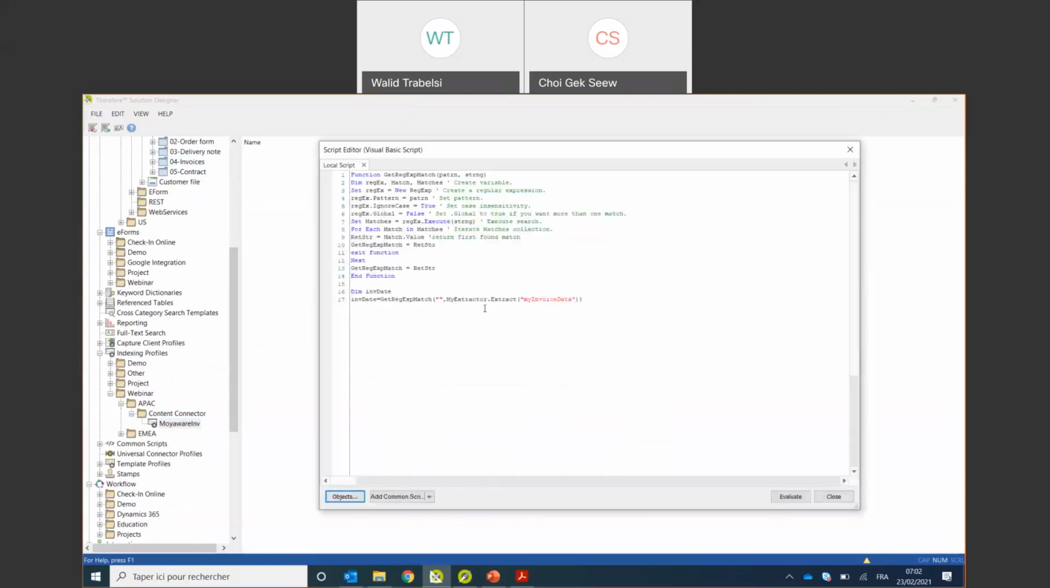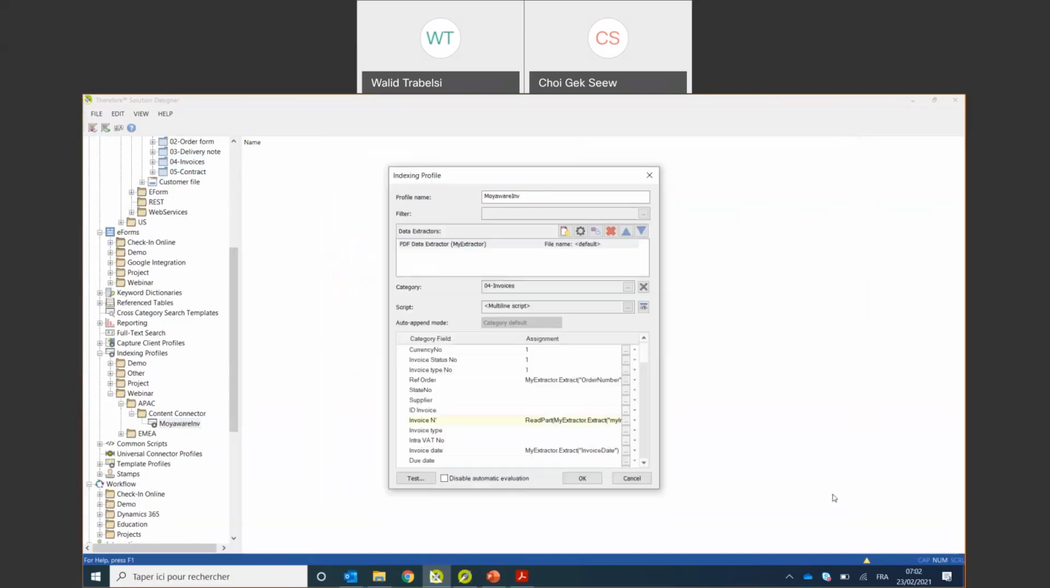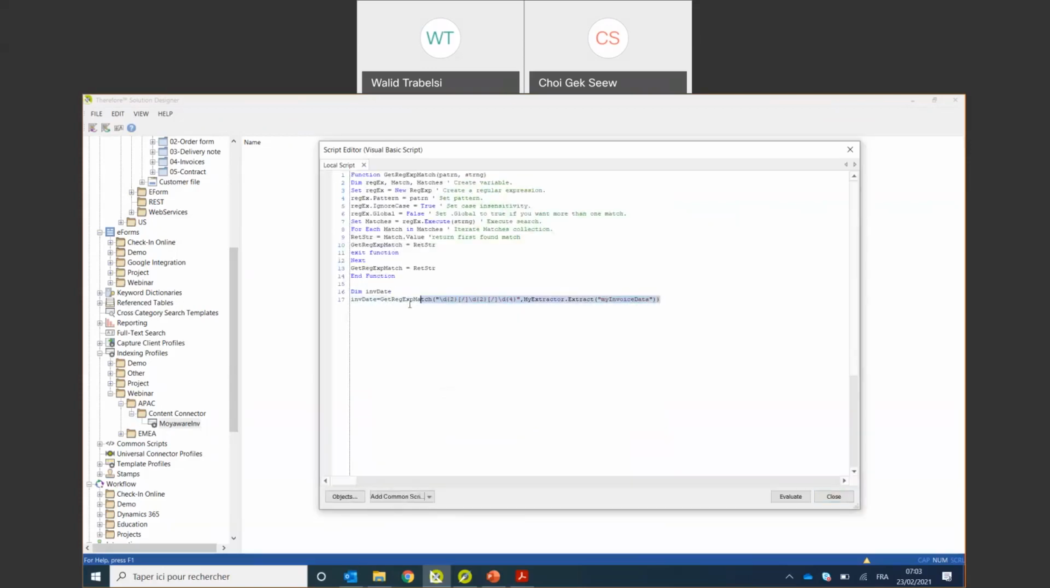in the script, and put my regular expression in the script. And now I just need to call this invoice date in my invoice date here. So I will just call my variable. In fact, you can also do this. You can also just copy this